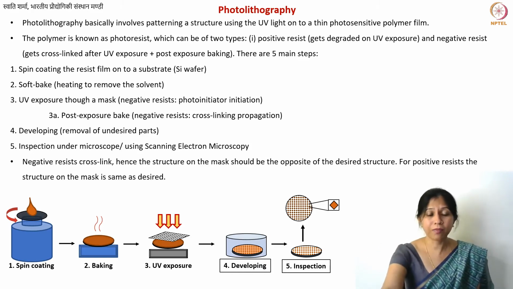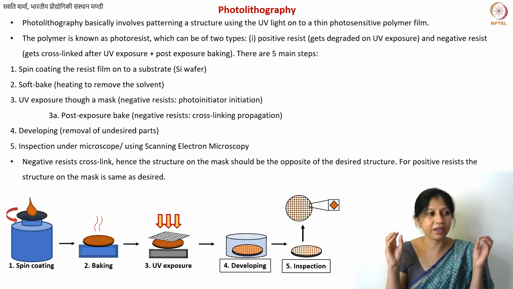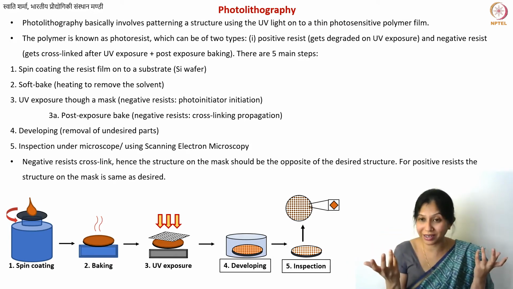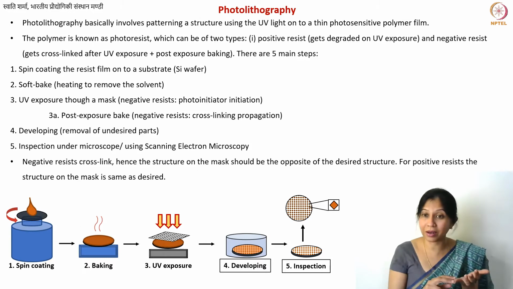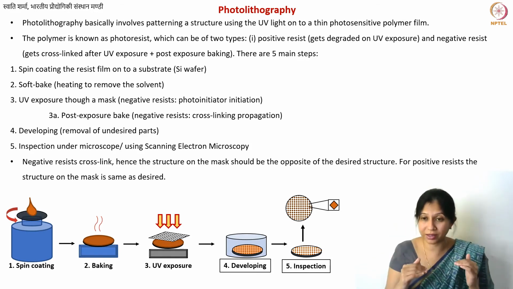Okay. Now, these were the 5 steps of photolithography. As I said, this was a very general idea of the technique. There are a lot of things involved when you are doing the UV exposure, for example. Then you can also make multi-layer structures. So you make one layer, you make certain, let's say, square patterns. On top of that, you want to make something else. On top of that, you want to make something else.